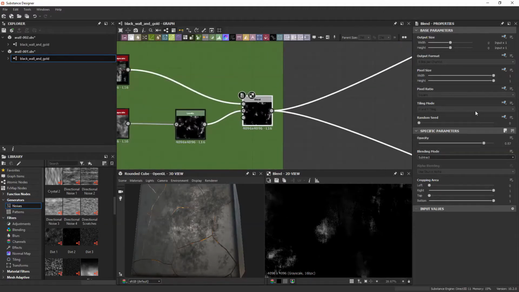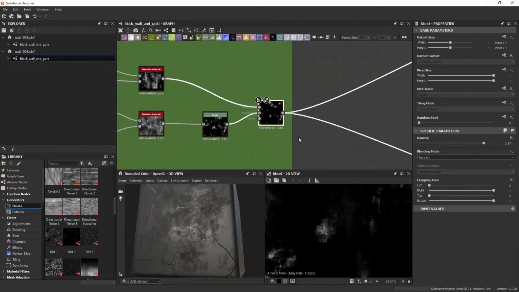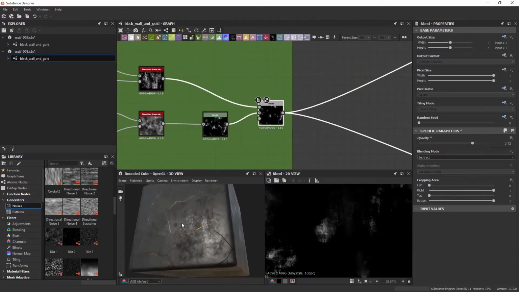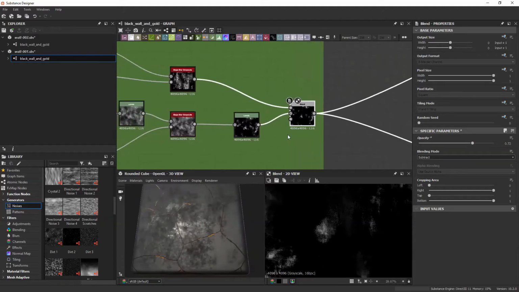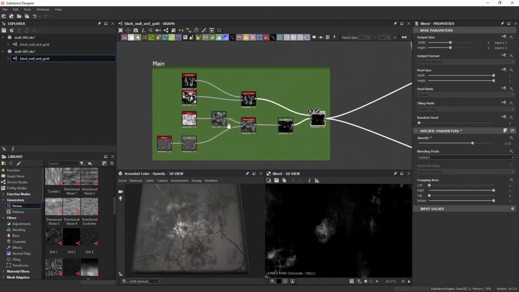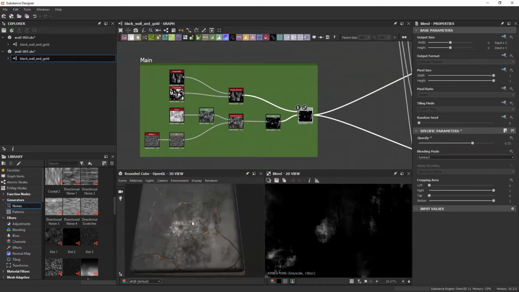On the right side we have some parameters, and it's very interesting that the blending mode parameters over here are literally the same as they are in Photoshop, right? And of course we have the same opacity slider over here as well, so we can combine, right? Just literally slide it to the side, and straight away I'm getting a slightly different looking texture, right? So this pattern over here is used as the main wall pattern,